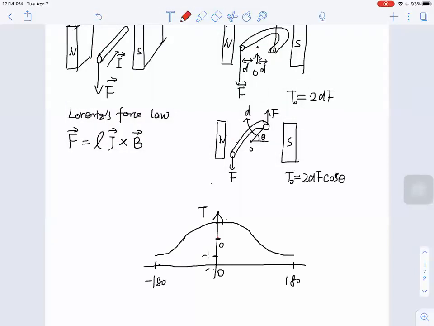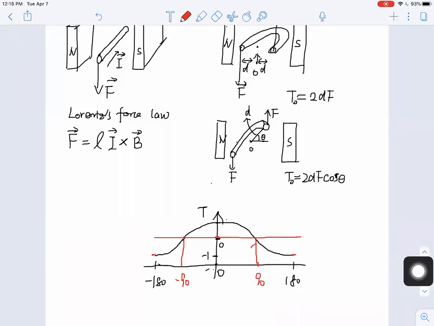Let's mark this at 0 torque. I will draw a horizontal line to show that's a line that has 0 torque. So at 90 degrees, both negative 90 and positive 90 degrees, we have 0 torque. And at 0 degrees, we have the maximum torque, which is 100% of 2dF. And at both negative 180 degrees and positive 180 degrees, we have the